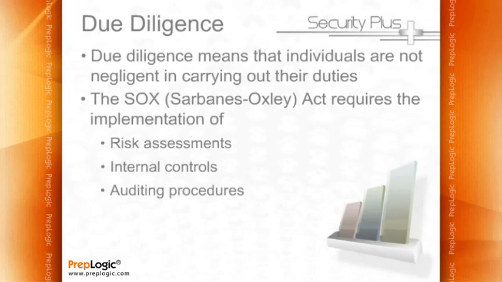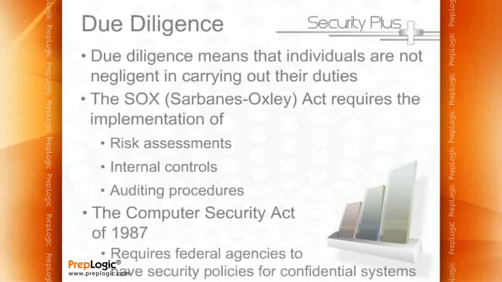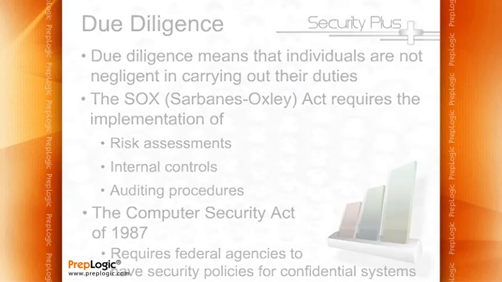In addition to Sarbanes-Oxley, we also have the Computer Security Act of 1987. This is a specific act for federal agencies, which requires that they have security policies. In other words, this act put in place the laws that say that any federal agency is going to